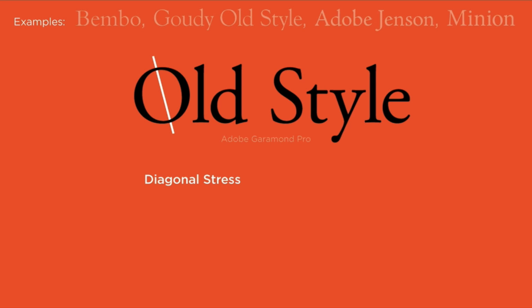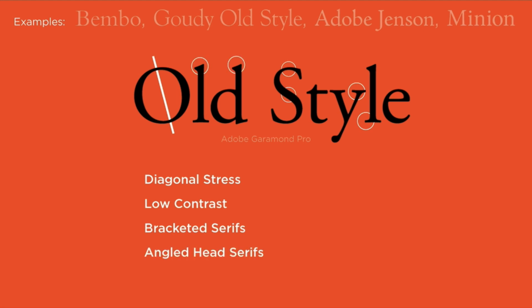That diagonal stress is usually tilted to the left. They also have low contrast between the thick and thin strokes. Getting back to the little feet themselves, old-style serifs are typically wedge-shaped, with bracketed serifs, curves between the serif and the stem. They also typically incorporate angled head serifs. Historically speaking, Old Style includes the first Roman typefaces created between the late 15th and mid-18th centuries, and modern typefaces